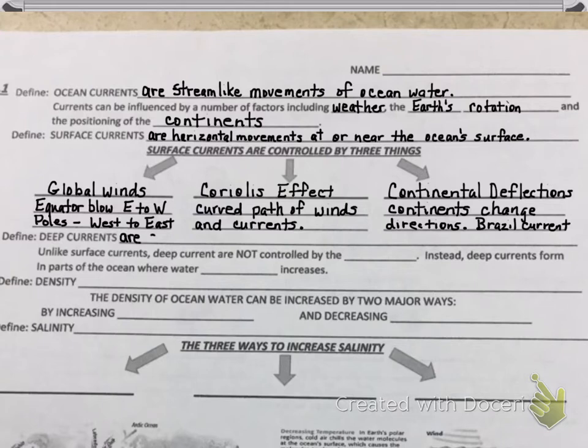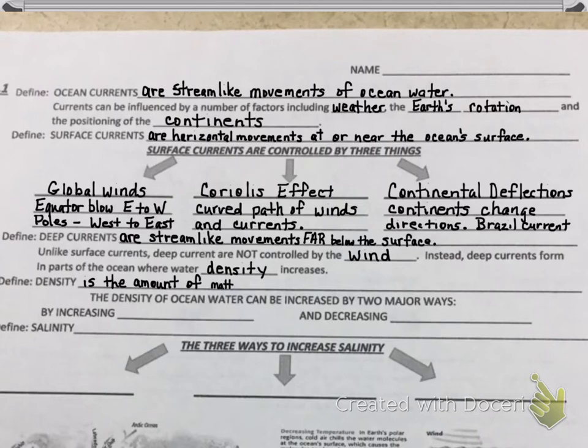One example is the Brazil current. Then when we move to deep currents, these are stream-like movements of ocean water that are far below the surface, not up at the top, but far below the surface. And unlike surface currents, the deep currents are not controlled by the wind, but they are instead controlled